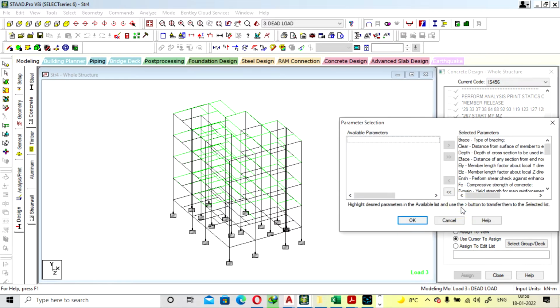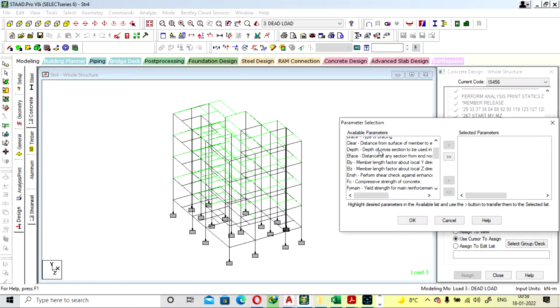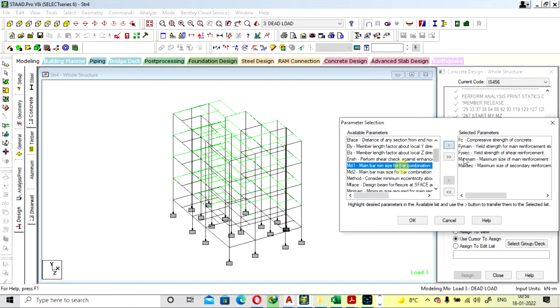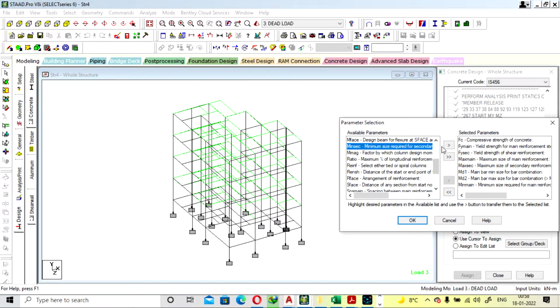Select the parameters and select whatever you want to select from this. So I'm going with FC compression, FY main, FY secondary, max main reinforcement, max secondary, main bar combinations, and a minimum main bars required, minimum secondary size bars, percentage of.